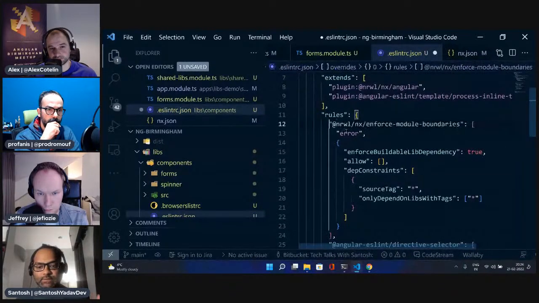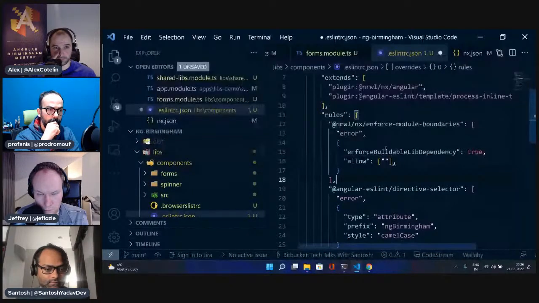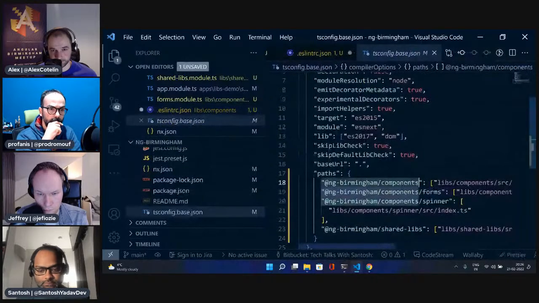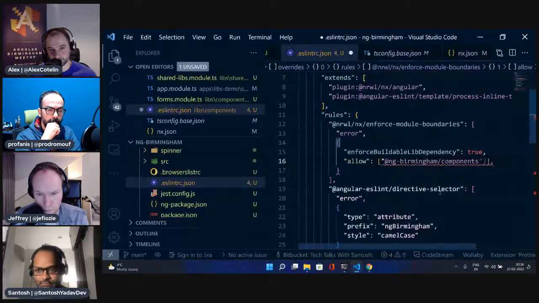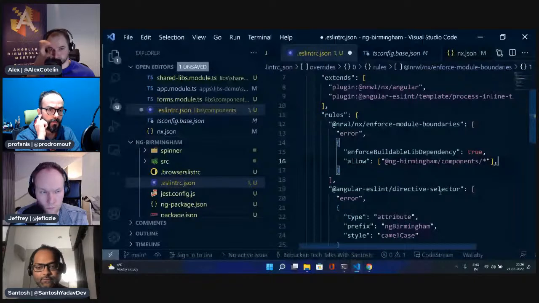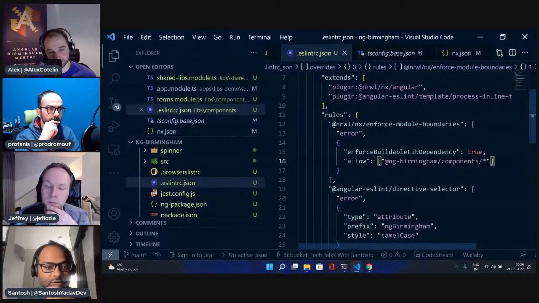You can still keep it as error, and just to this dependency constraints, I'll remove this and you can allow star. So it will not give you the linting error once you actually run lint for this particular code base,